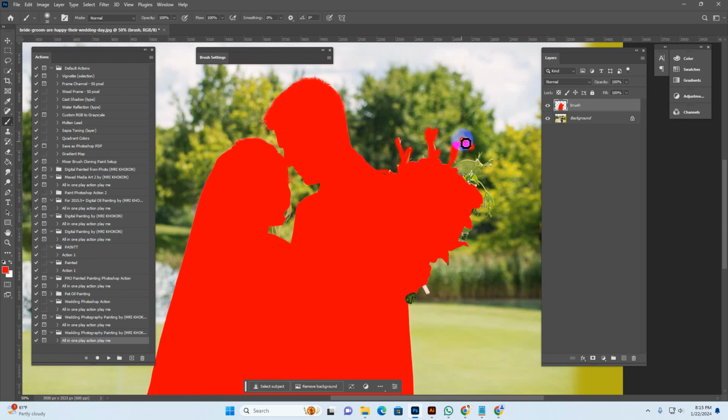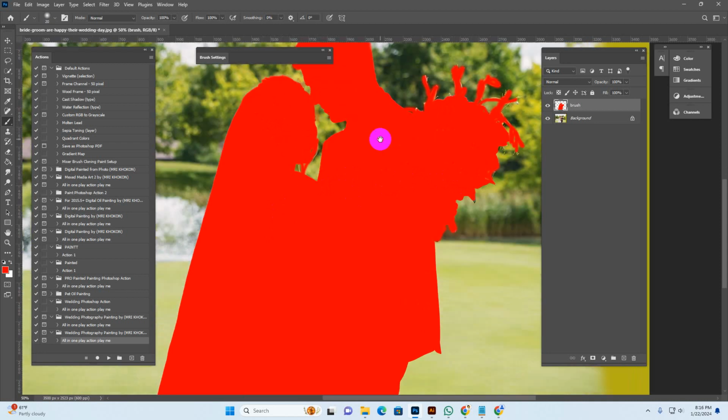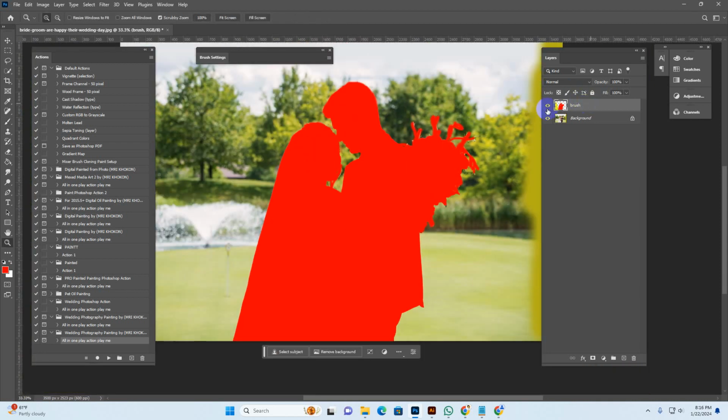See, okay, perfect. Just brush in the normal way, there is no need for experience. Okay, I think it is perfect, and no need for more. And also you can brush other areas which need to be cropped perfectly. Okay, now I think it's done, and select the brush layer, and make sure your photo is in RGB color mode